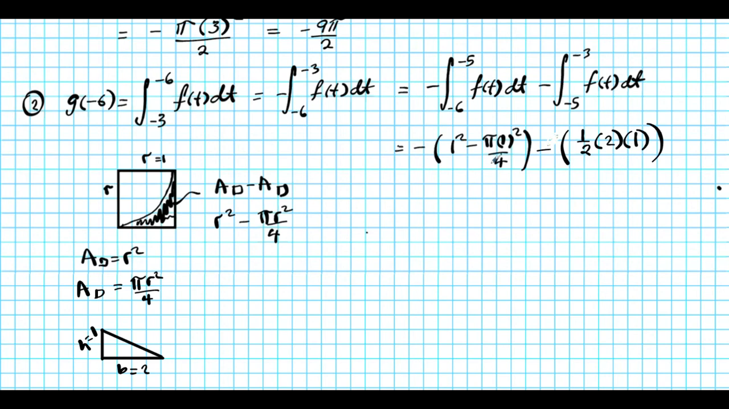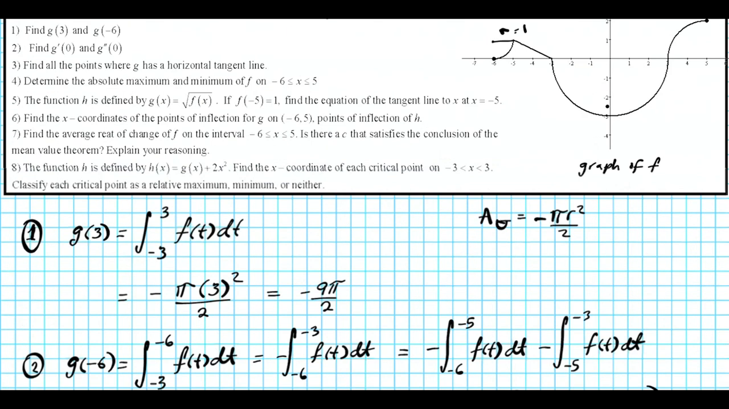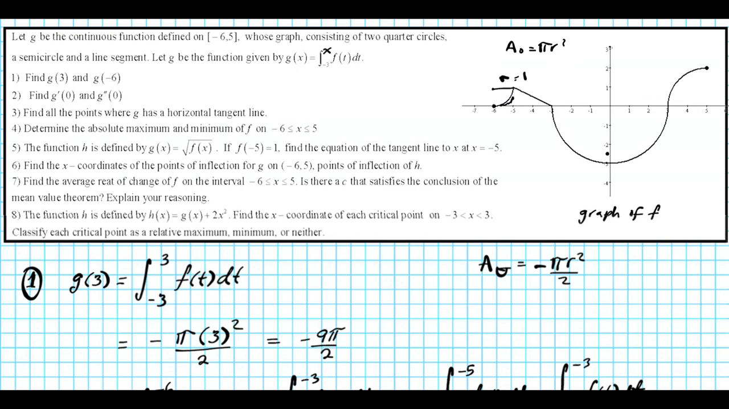All right? If you simplify this piece, we'll have negative 1 plus pi over 4 minus, these two 2's cancel out, 1 times 1 is 1. If you combine these two, you have negative 2 plus pi over 4, or pi over 4 minus 2. Okay, so the second part of question 1, g of negative 6 is equal to pi over 4 minus 2. So there you go. So we just found this area, the area underneath the curve from negative 6 all the way to negative 3. It's a composite area. All right, now let's move on